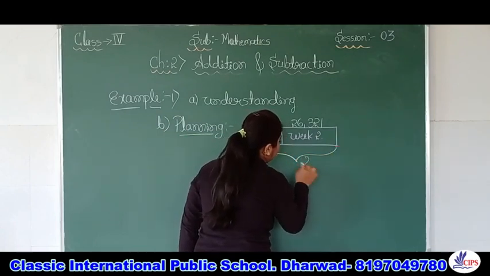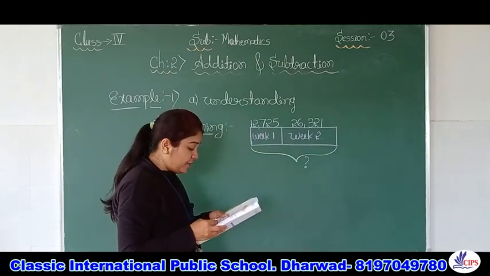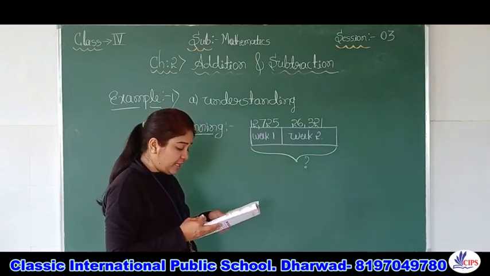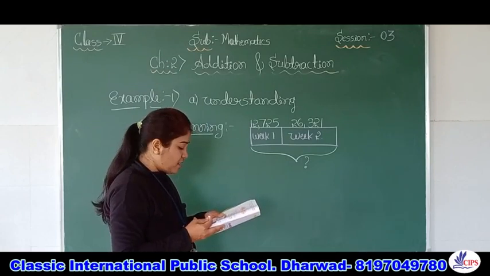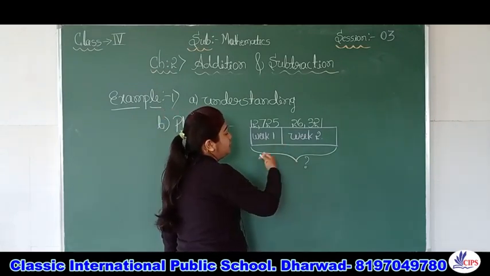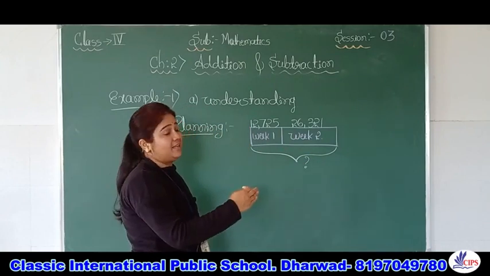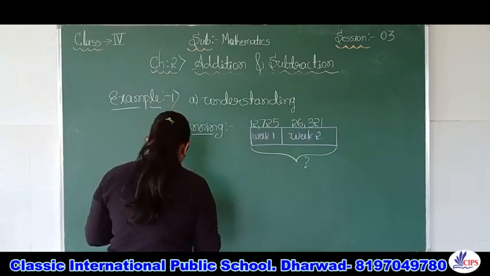Two weeks total. They are asking how many people went to the book fair in two weeks. How many people went means the total number of these two weeks, week 1 plus week 2. After that, you will get the final answer. So for that we have to do